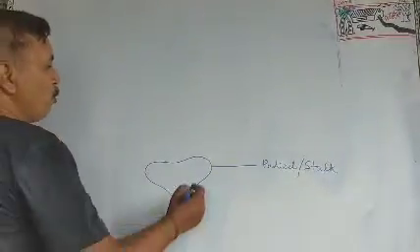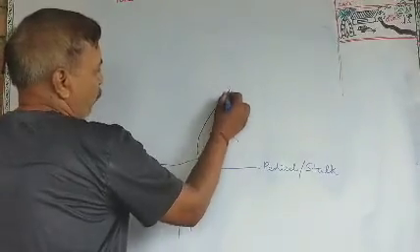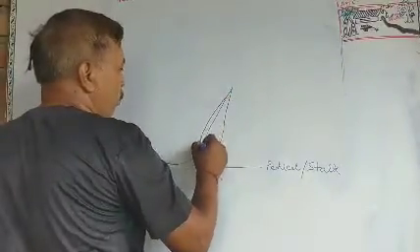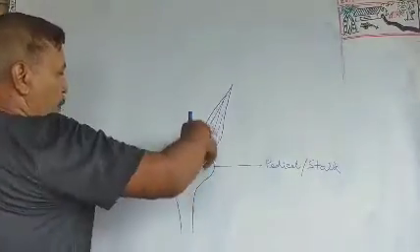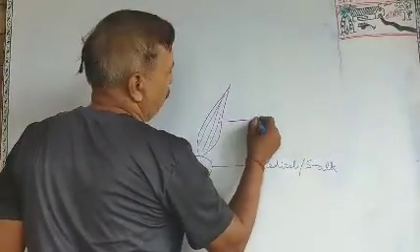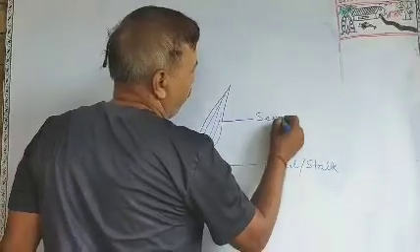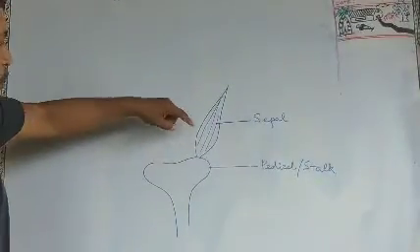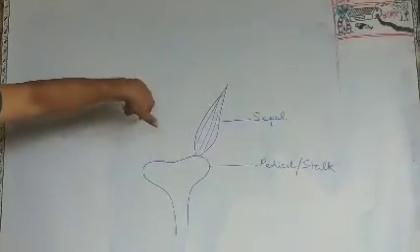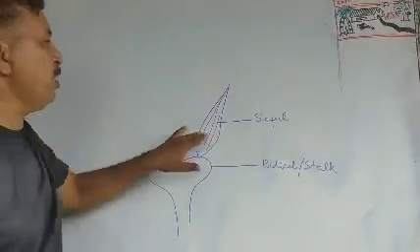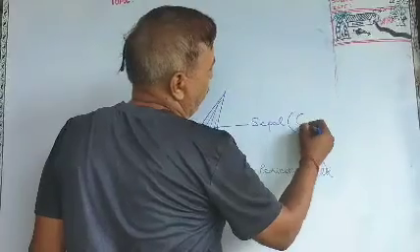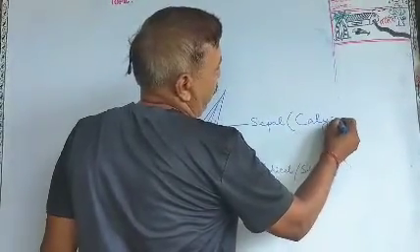Whorl. The outermost part, the first as you enter to study a flower. This outermost part is a leaf-like structure present in a circle all around, and this green colored part is known as sepal, right? And sometimes 4 or 5 or 6 different sepals remain present, and these sepals together that are present in a circle, they make calyx. C-A-L-Y-X, right?